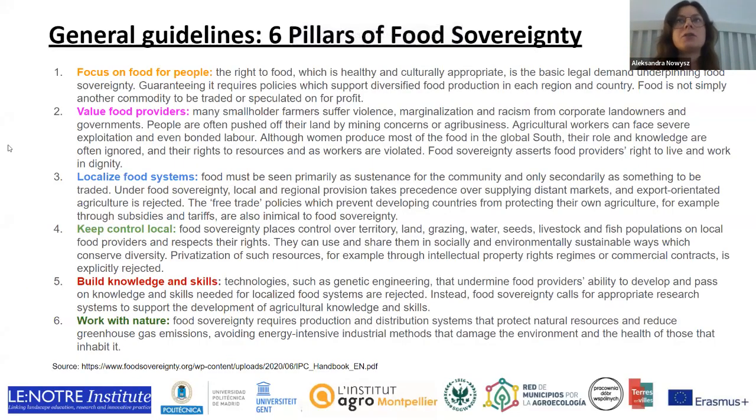So we have many of these indicators, and just to sum up, we need to pick those that would be useful for our case. But it is also important to know what kind of power dynamics are involved in our food systems, which we will speak about a bit later, and